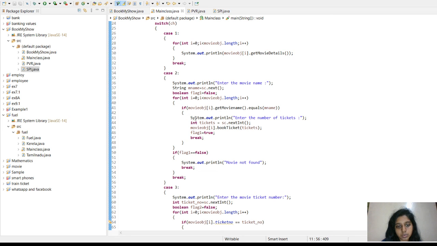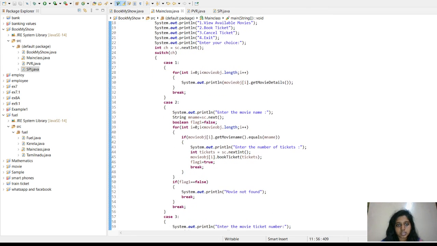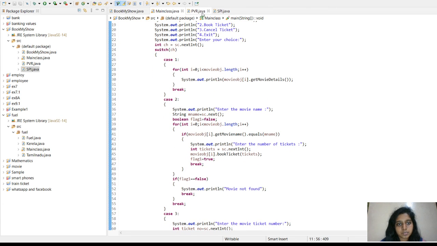Then if it's okay, it will ask you to enter the number of tickets, and it will check, and it will make you book the tickets.